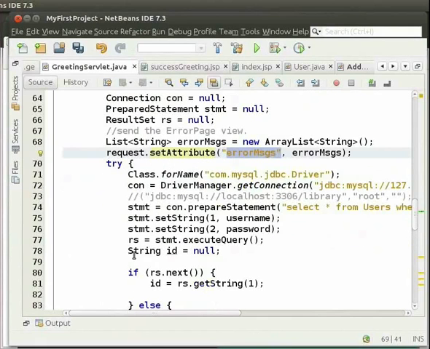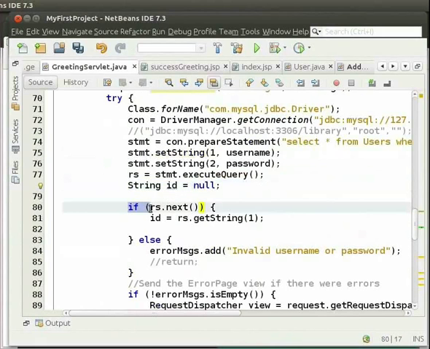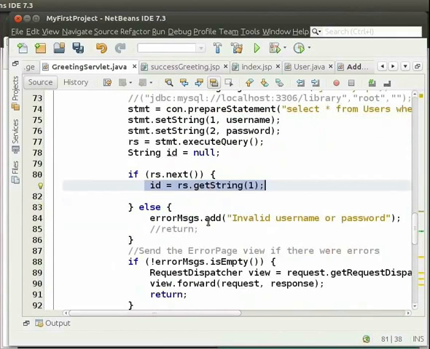We have initialized a string variable ID to null. Then we check if the user exists in the database. If yes, we store the value in the variable ID. Else, we add the error invalid username or password to error messages list.